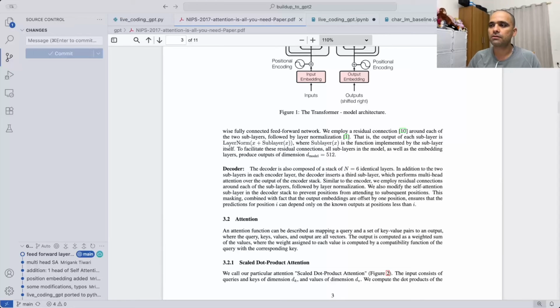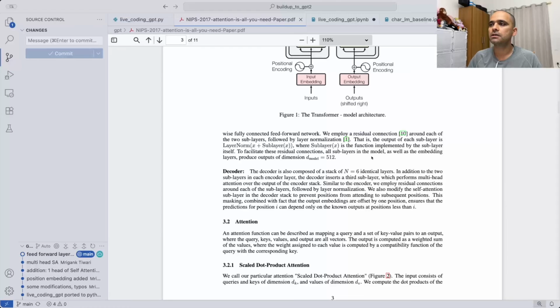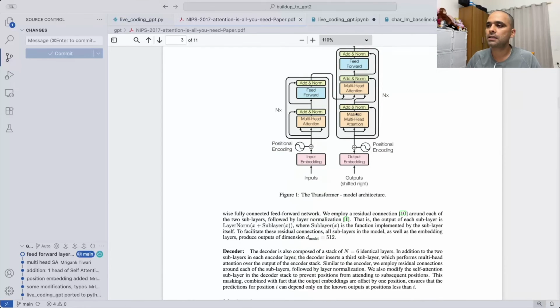So here what we are going to do is residual. If you see, okay, so add and norm. Basically this is doing some addition and normalization. Addition refers to the residual connection, and normalizing is what layer norm is doing here. So let's first implement